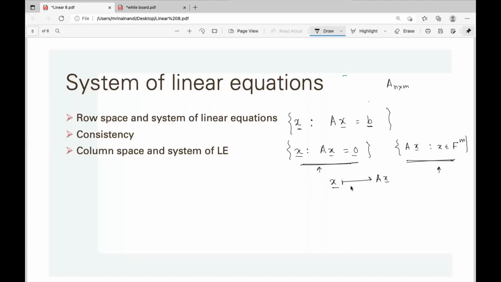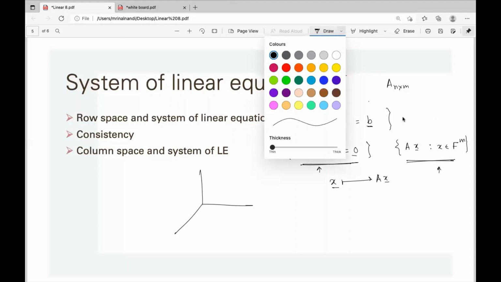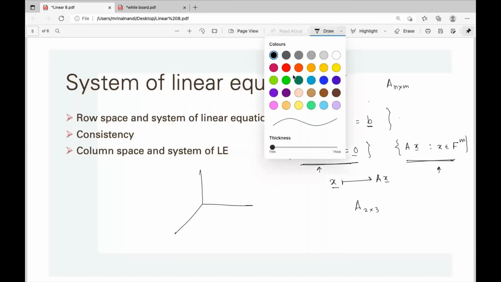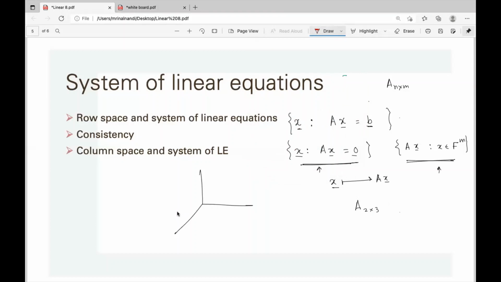And you can easily check that for R3. What is the homogeneous system of linear equations? Basically, every equation gives a plane, and if there are two equations, it is a 2 cross 3 system: two equations, three unknowns. That means it gives two different or maybe the same planes. If they are two different, independent planes, the two rows are independent, the dimension is 2, then the solution is a line.